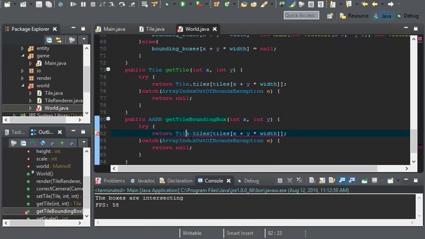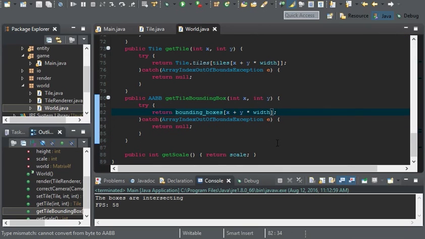And this will just return boundingBoxes at x plus y times width. And that's pretty much it. So now that our world pretty much supports the bounding boxes,